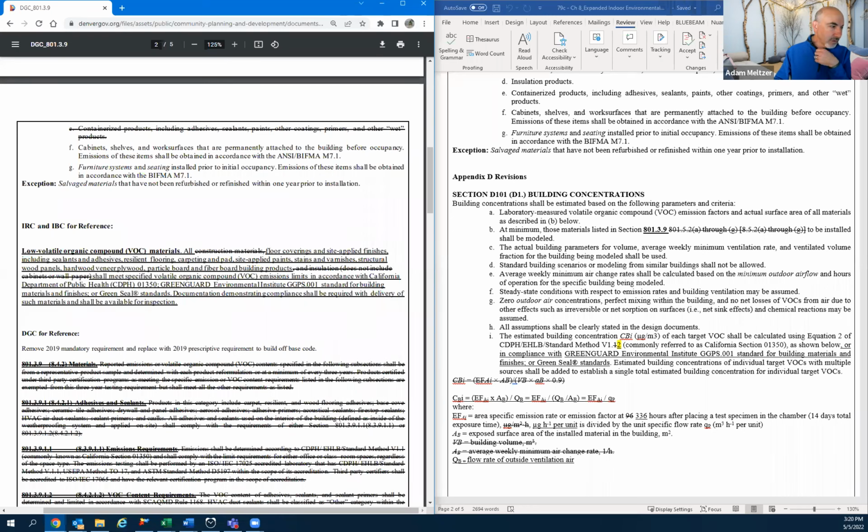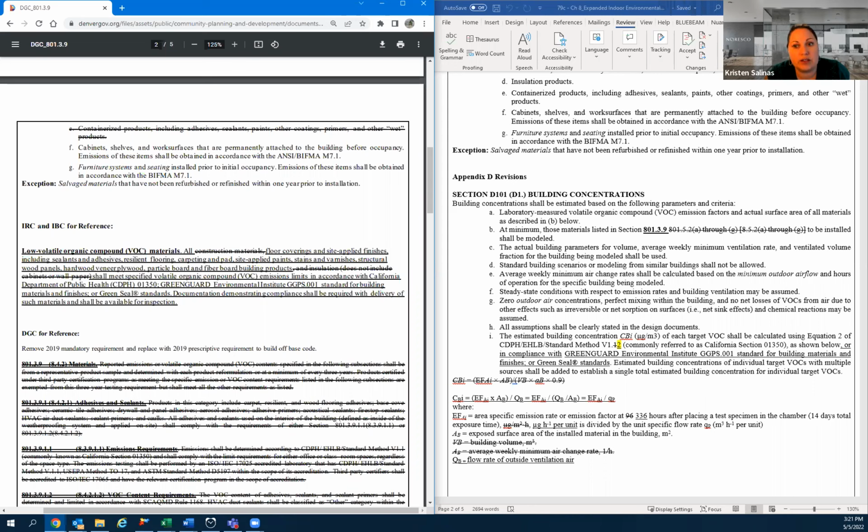In terms of FloorScore, that's a great comment, because FloorScore, or a CRI label, would be different, would use the same methodology. But since those categories were approved in the IRC, but not the IBC, we should clarify that here for those